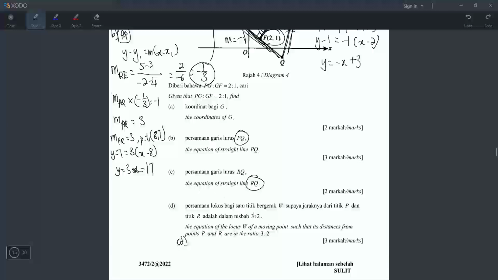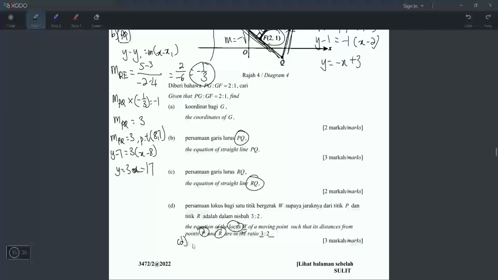Find the what? Find the equation of locus. Okay, students always struggle with locus, right? So what is locus? Locus is a moving point, right? And they will always ask us to find the equation of the moving point. Okay, let's read first. Find the equation of locus W of a moving point. So W is the moving point, such that the distance from P and the distance from R will be in the ratio